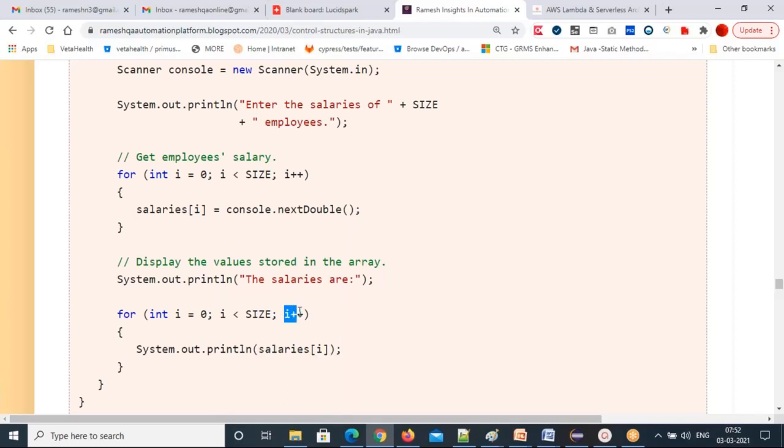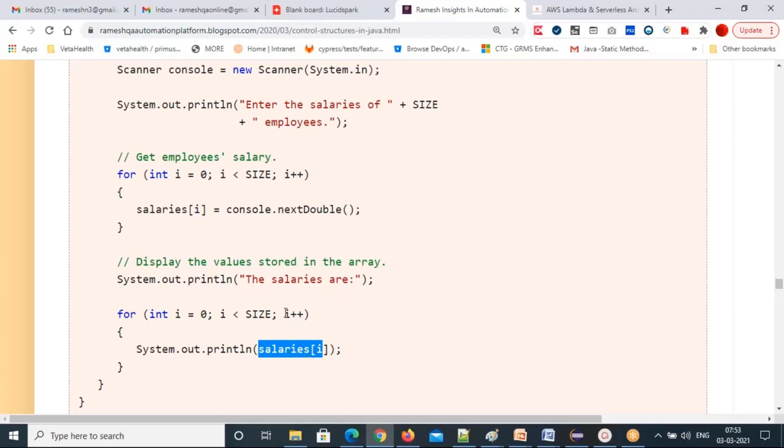Then it will go to the increment part, i plus plus. So 1 plus 1, 2. 2 less than 5 true, it comes inside, salaries of 2. Salaries is the array name. Salaries of 2 means the third element will print. Again it goes up, i plus plus, 2 plus 1, 3. 3 less than 5 is true, it comes inside, salaries of 3, the fourth element will print.